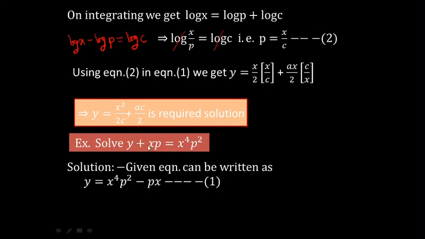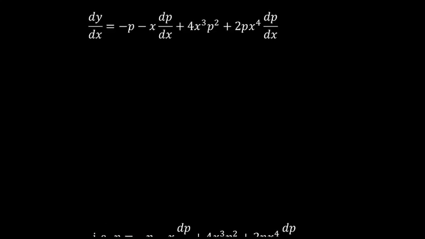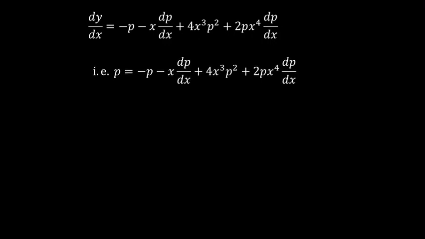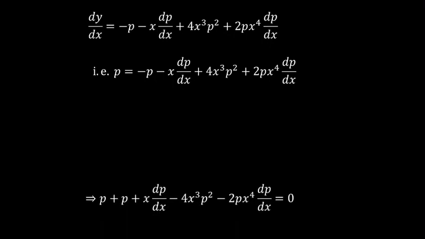Now, but again at the same time, as we find there is only one term of y with the power 1, so I can very well express this equation as y equal to function of x and p. So let's call it equation 1. Next we will differentiate this with respect to x. After differentiation we get such type of terms. Look at the terms so obtained, so that we can think of further simplification.